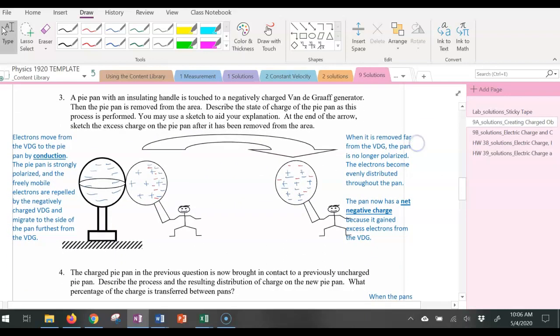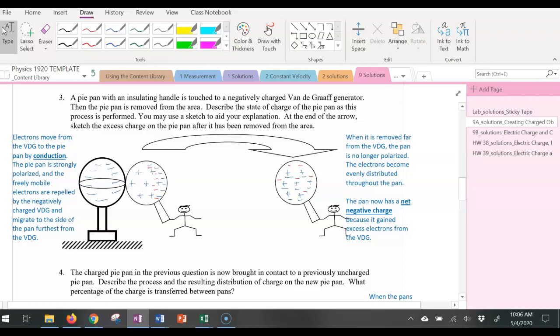Let's consider number 3. Here you get to meet Mike Piepan. That's the little guy with the crew cut here. And he's holding a metal pie pan. He's using a wooden handle, which is an insulating handle. And on the left-hand side, Mike touches the metal pie pan to a negatively charged Van de Graaff generator. And when he does that,